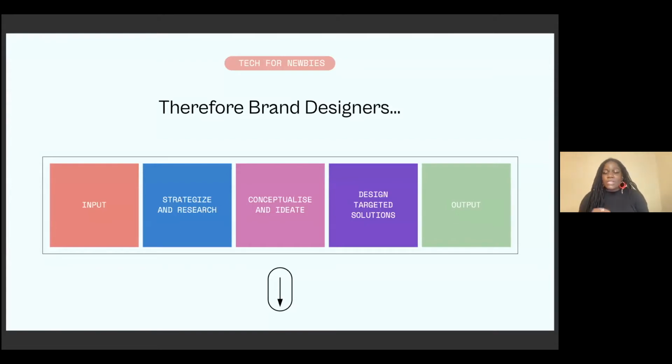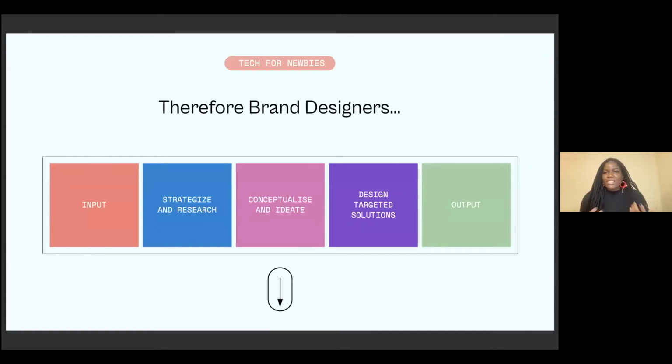It ceases to just be work, and this is very important to note, but it's more of a solution. The output should be able to impact the target audience that this product or service is meant to cater to, but at the same time, it should be visually pleasing to look at. It should be aesthetic, but it's a matter of making sure that form marries function, if that makes sense.